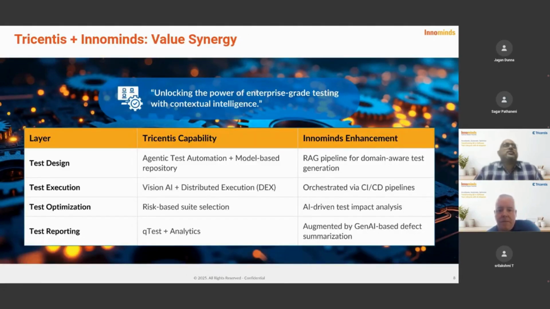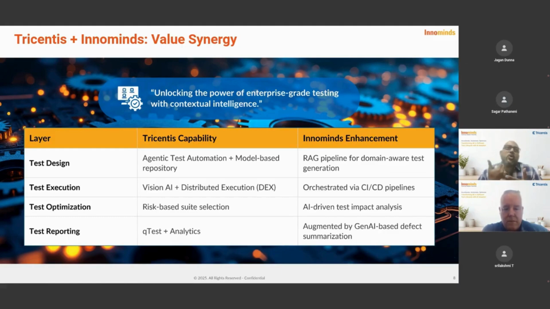Thank you so much, Bill. Yeah, so as Bill said, using Tricentis as a tool would significantly benefit across the SDLC, as I said previously, be it in test design, execution, or even in optimization with various features, as Bill mentioned, about using agentic test automation or using your Vision AI plus self-healing while doing your maintenance test execution.